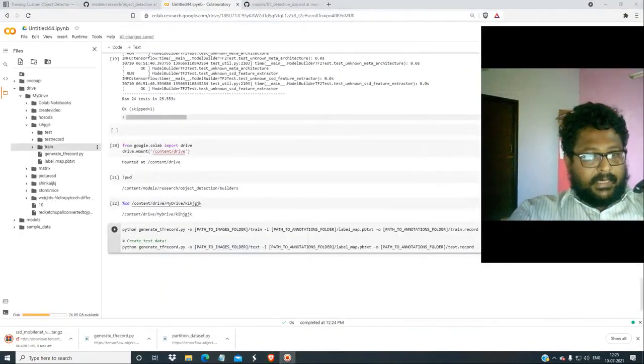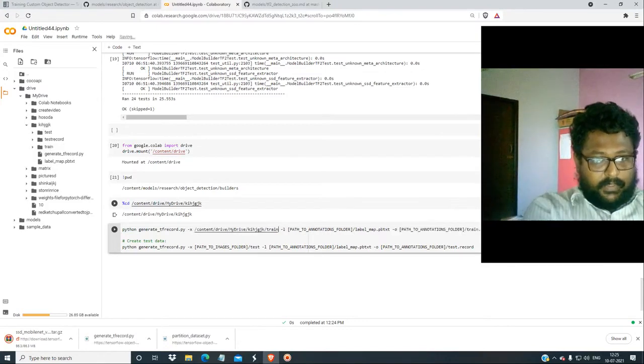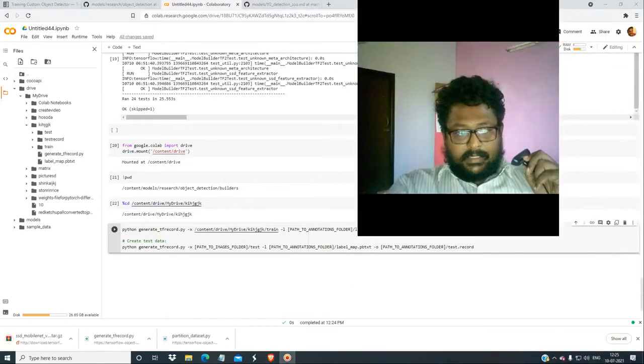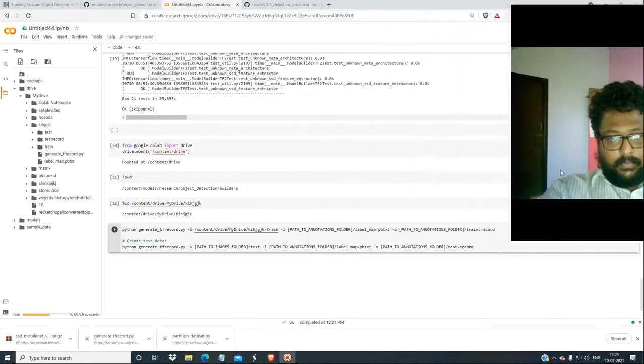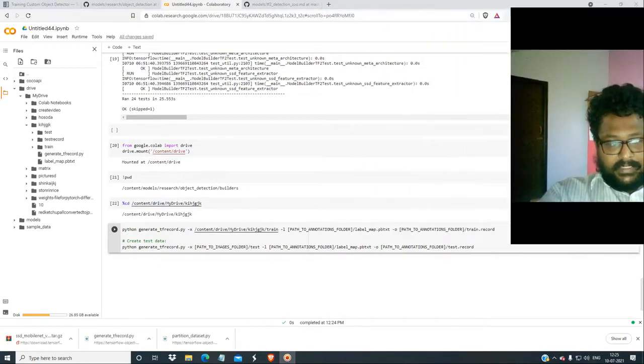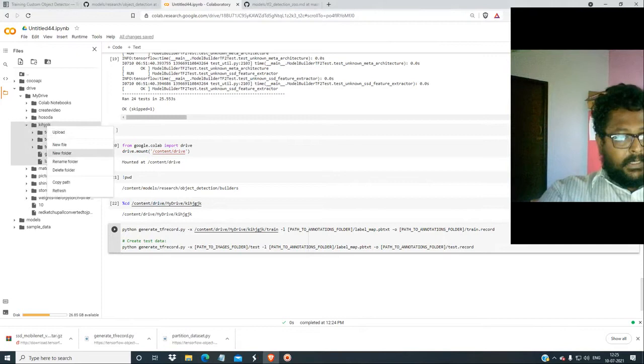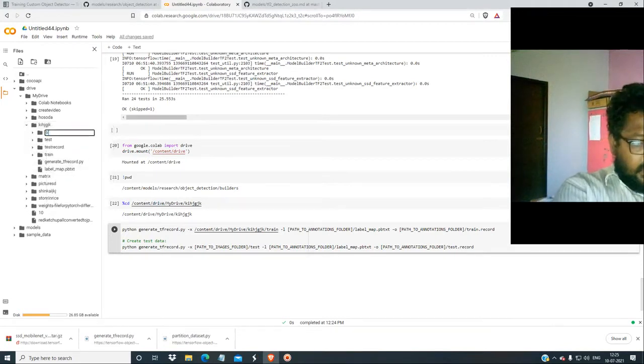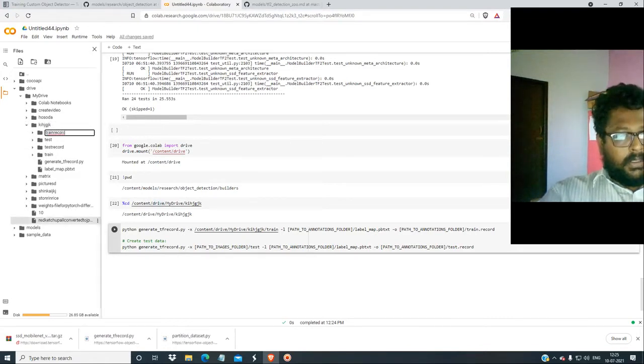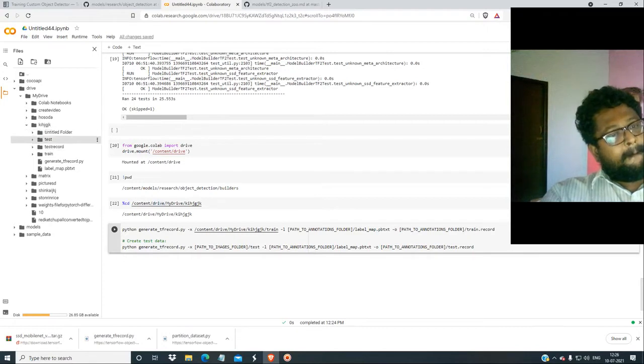So now you have to give the train and test images correctly. So first what we are going to give is the train images folder, copy path, and in here you have to give the test train images folder. Just paste it, Control V. And again, let me show you. In here you have to give the pbtxt, which we are going to download and change. So we are going to make a new folder, train record folder, which we have given.